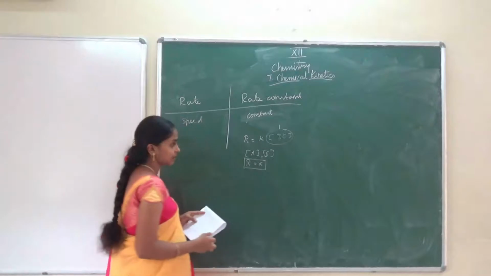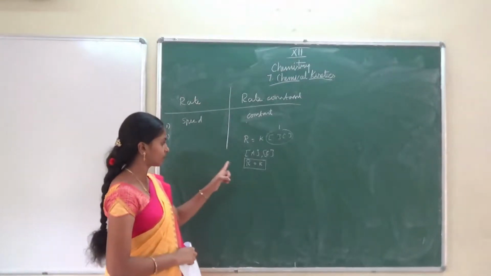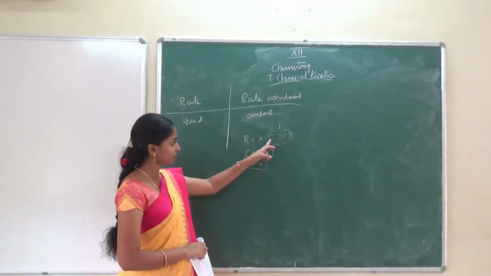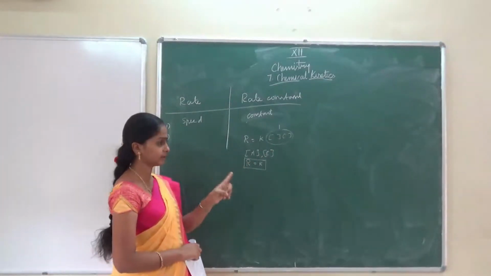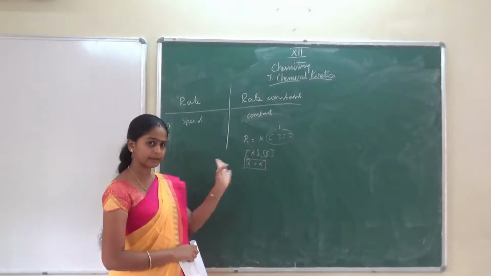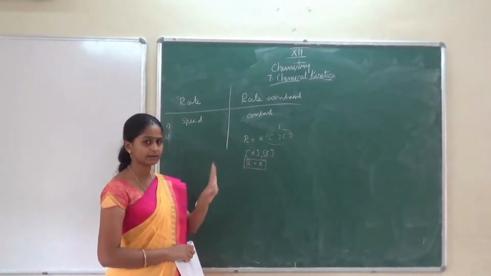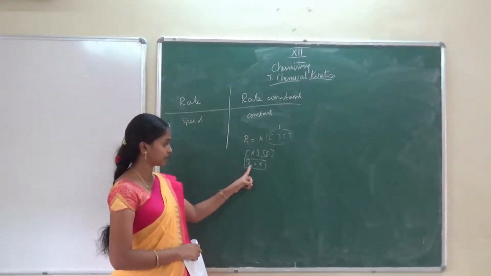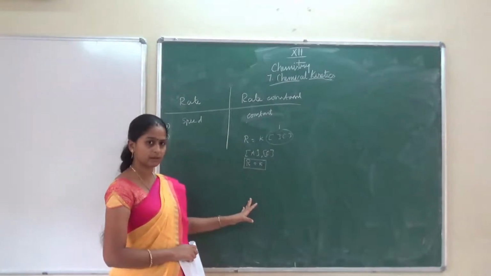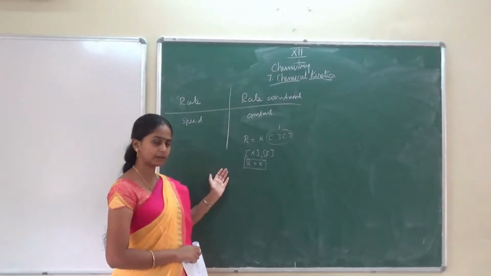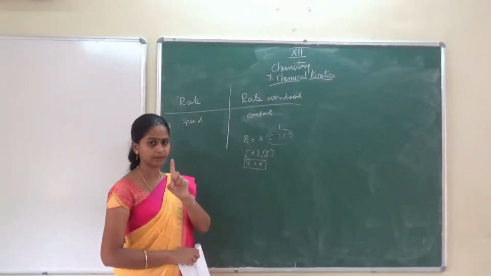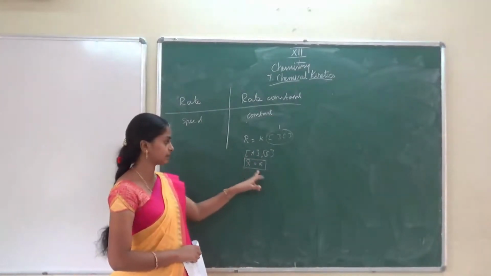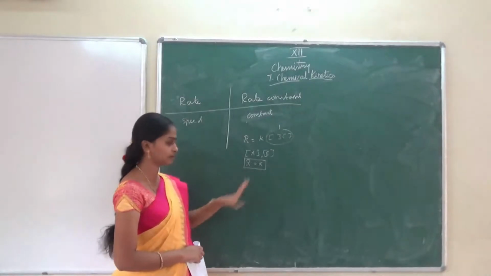One more question, the last thing, 1 mark, we may expect this one. When the concentration of the reactants are unity, then the rate of the reaction is equal to the rate constant. Already in the questions they will give the rate constant value. Suppose they give you the rate value, they will ask you to find the rate constant by giving this value as unity, that is number 1. So like that you can expect. So R is equal to K.